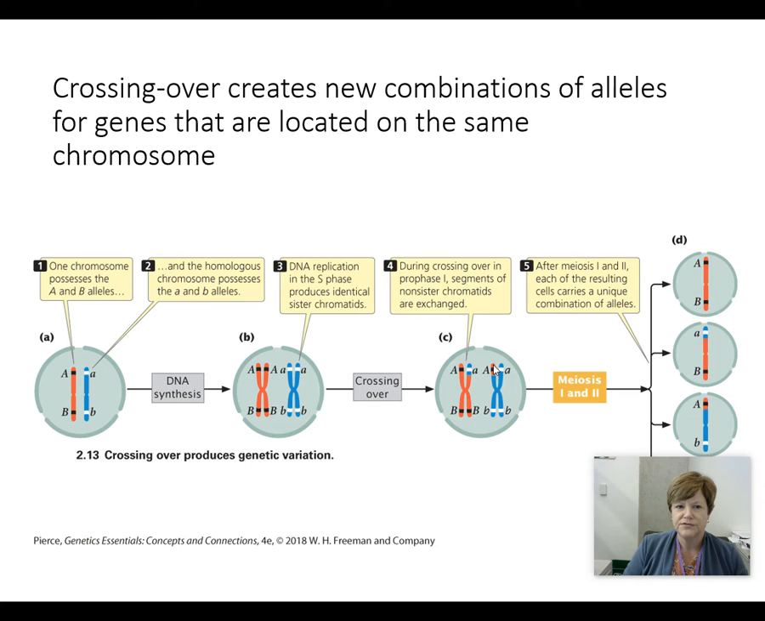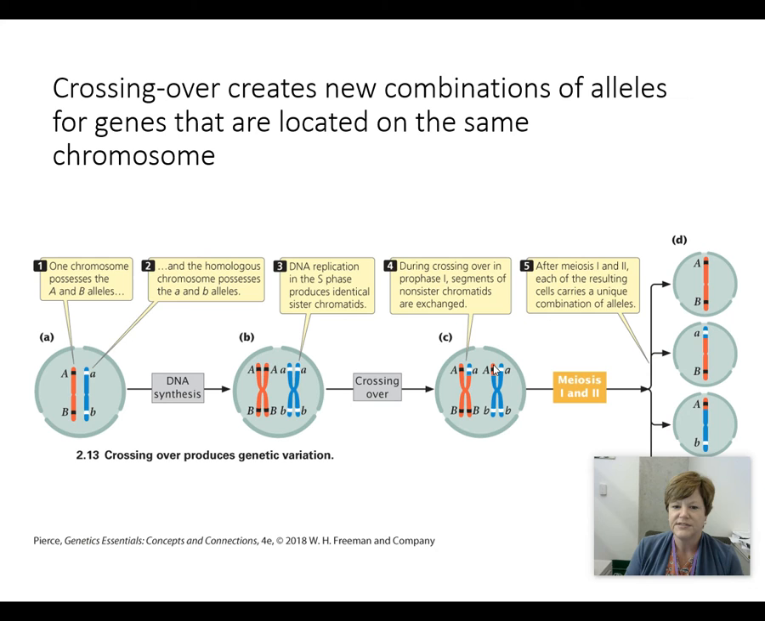So in this figure, you see what happens when genes are on the same chromosome. Gene A and gene B are on the same chromosome in this example. When there's crossing over, you get new combinations of those alleles. So for example, the big A and the big B was a combination in the starting cell. The little a and the little b was also a combination in the starting cell. But when crossing over happens, some of the newly formed chromatids now have new combinations of those alleles, because now